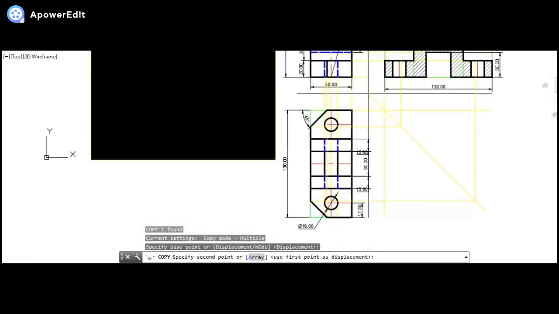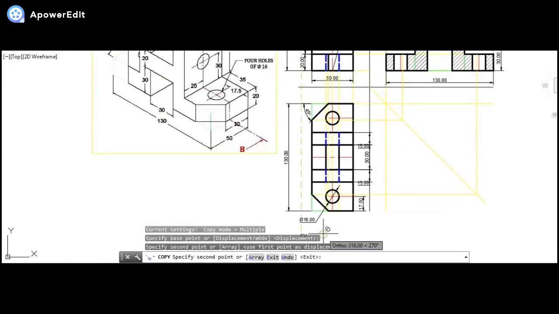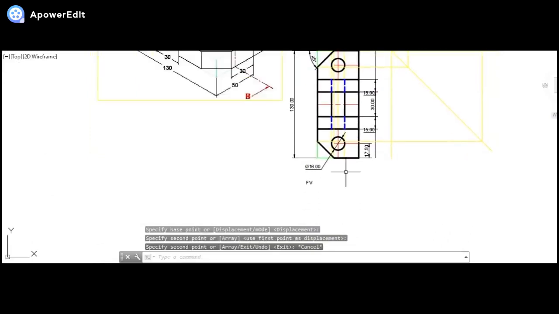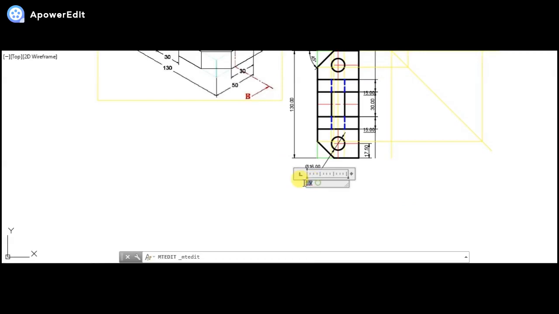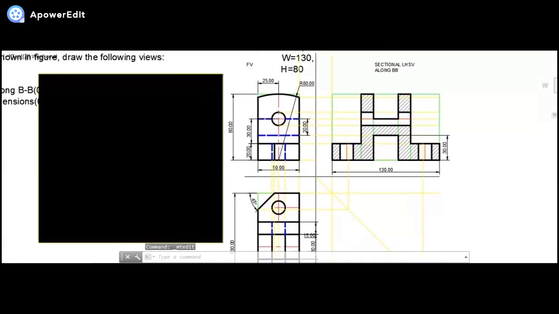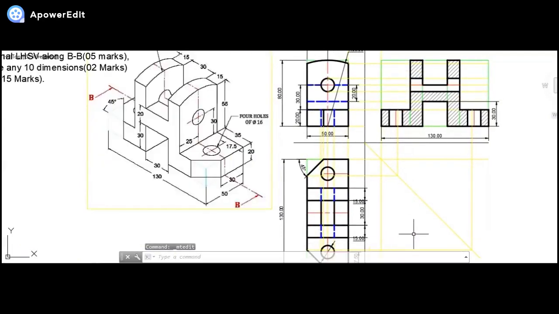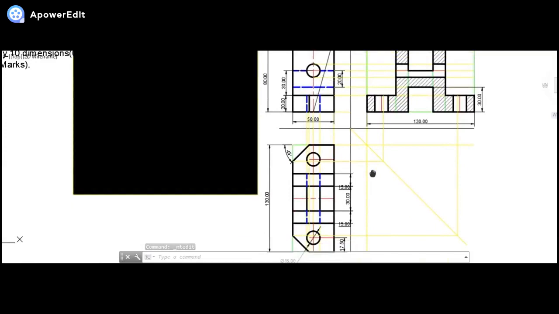So this front view, we have simply named and taken it over here, and we can mention this as the top view. Okay. So now friends, we are done with the entire problem. As you all can see, the question's diagram is there and the solution is there, that we have completed: front view, top view and sectional LHS view along BB.